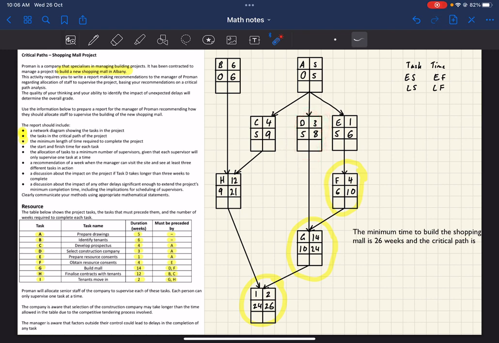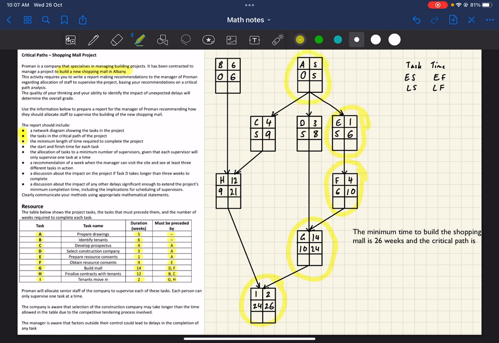Okay, so we've done everything leading on from this, we've done everything leading on from that, and from that. Now we need to do F. F needs to start at 6, so that means E needs to finish at 6. This is the earliest it can finish, so it has to finish by that time in order to not delay the project. So this is in the critical path. E needs to start at 5 to finish at 6. So that means that the one before it, A, has to finish at 5 in order for E to start on time. Since this is the earliest finish, A is also in the critical path.